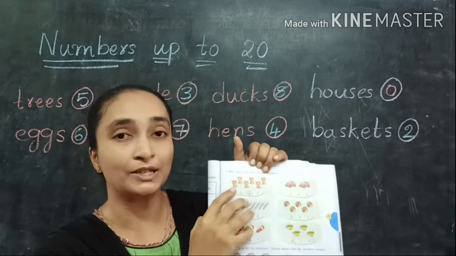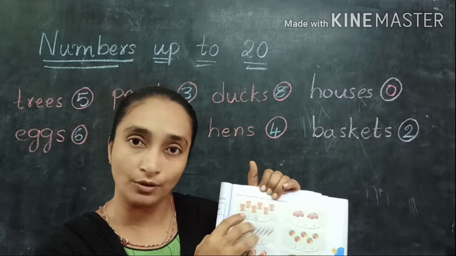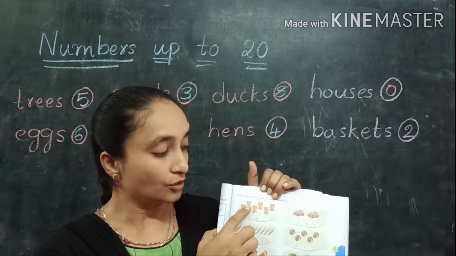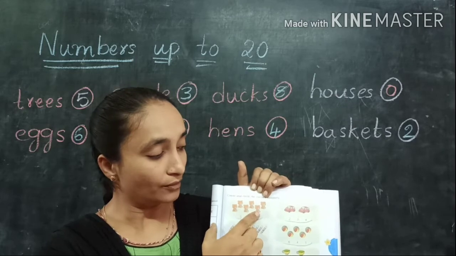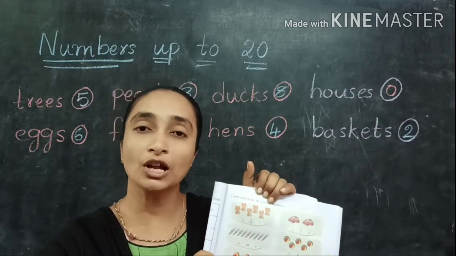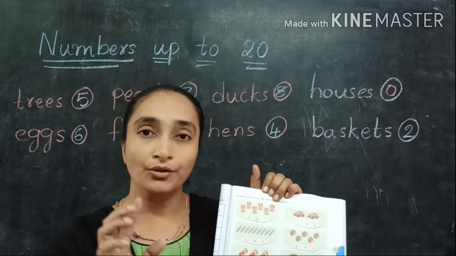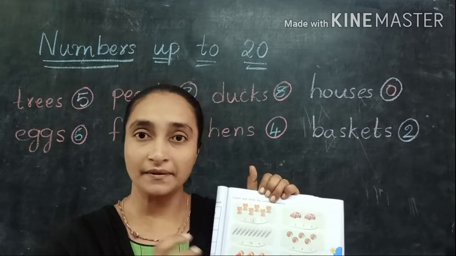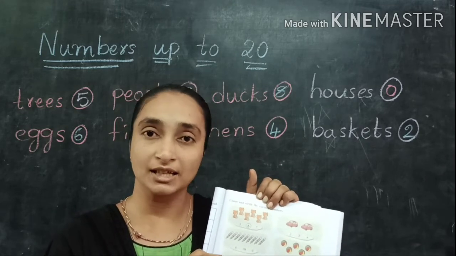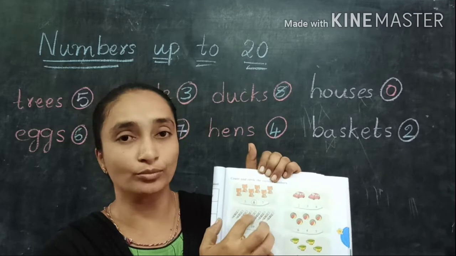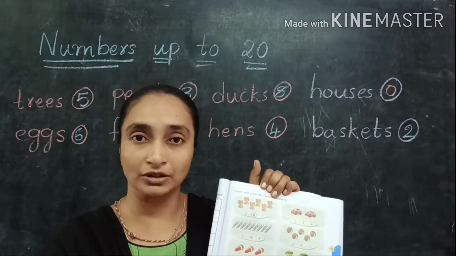So here we have the picture of a teddy bear. How many teddy bears are there? Let us count. 1, 2, 3, 4, 5, 6. So in total how many teddy bears are there? 6. Here they have given the numbers 5, 6, 7. So how many teddy bears are there? 6. You must circle only the correct number here. The remaining numbers you can leave like that.